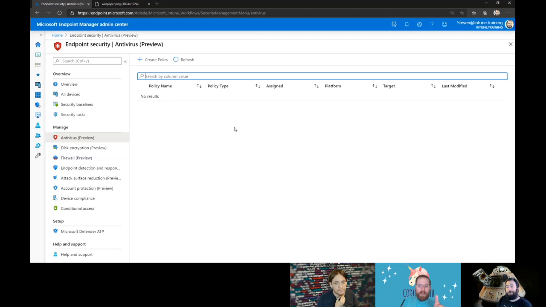The big deal about ATP, the Security Center, what is Microsoft Defender Security Center, is E5. You have to have an E5 license to enable it for your tenant, which is why we don't have it on our tenant. It's the E5 Windows license. I thought you guys got E5 ages ago.